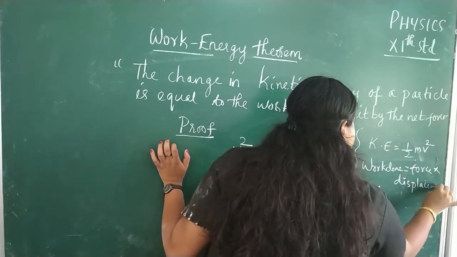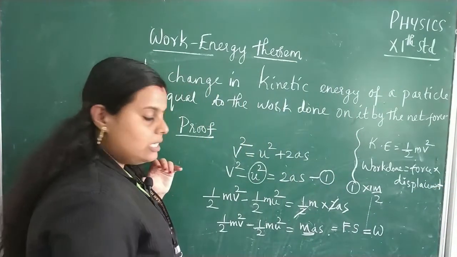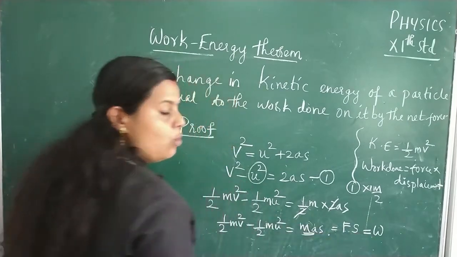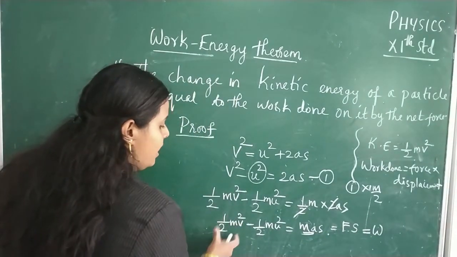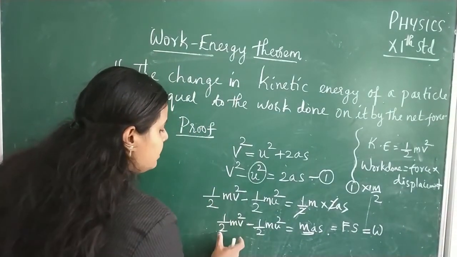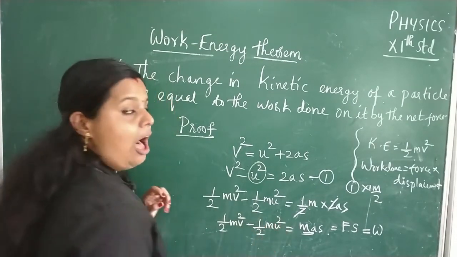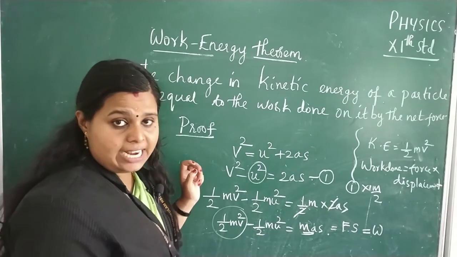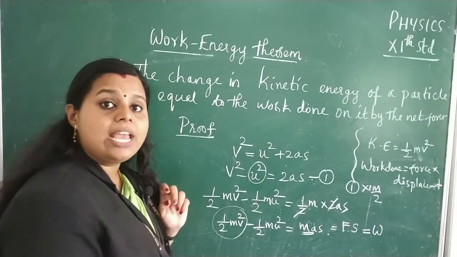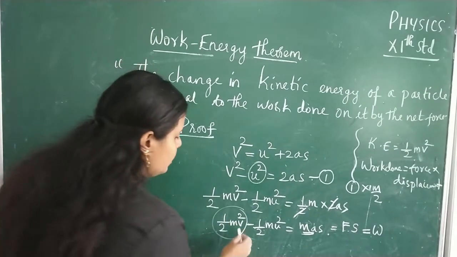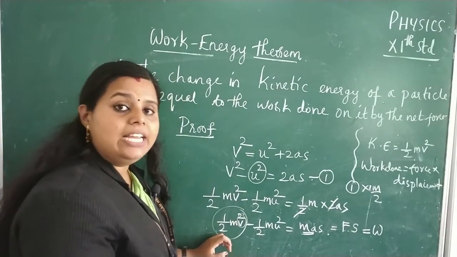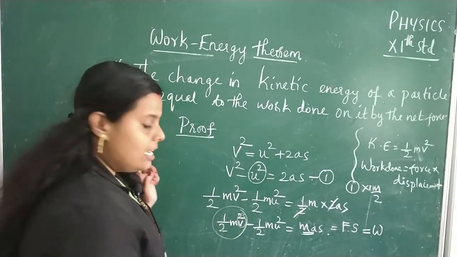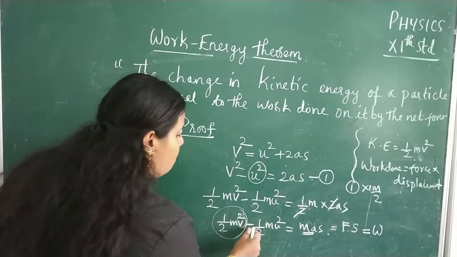Here we got the same result. So here Fs, that is equal to W. And here, did you notice one thing? That is half mv square minus half mu square. What is it actually? Half mv square is the kinetic energy. Which kind of kinetic energy? Final kinetic energy. Since here the velocity v is the final velocity, this kinetic energy is final kinetic energy minus